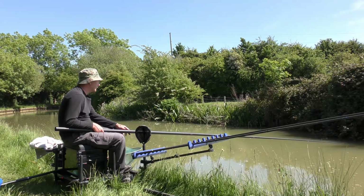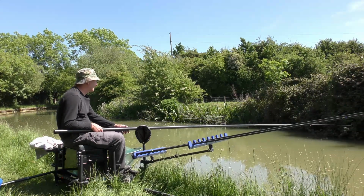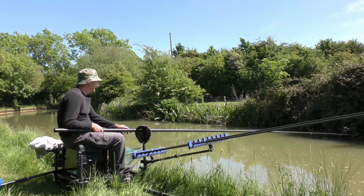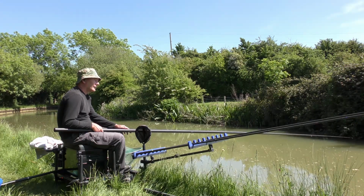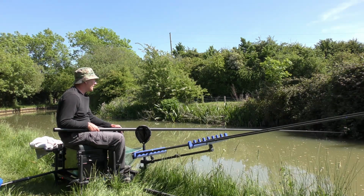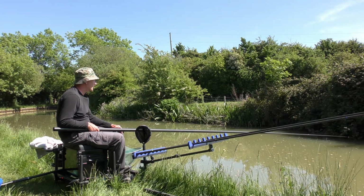Especially for roach, hemp and caster is a superb combination. And if you do any stick float or waggler or bolognese fishing over on a river, loose feed hemp and casters, and you'll soon amass yourself a net of decent roach. You just tend to get the fish going, and then you tend to get the boats coming along and the locks opening, and it tears back and forth, and